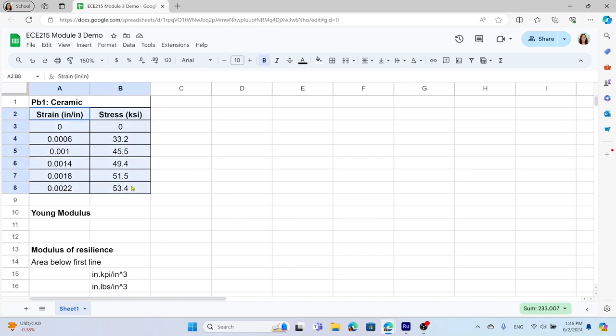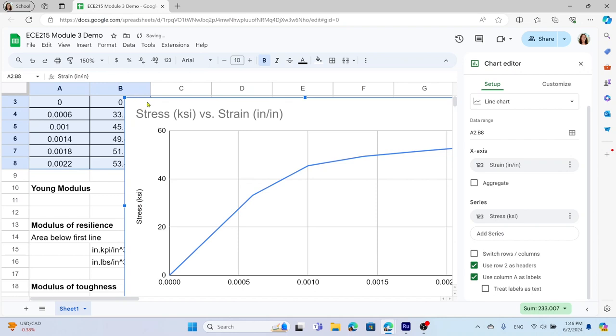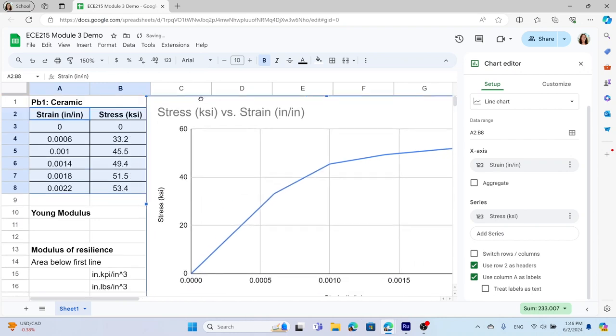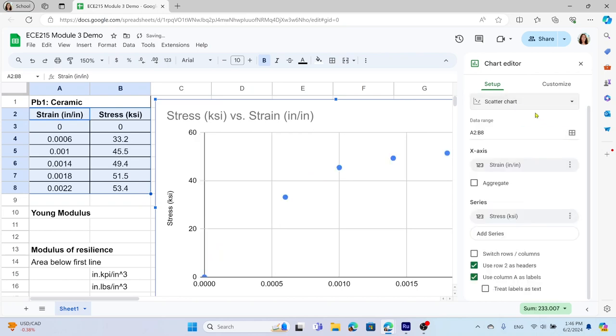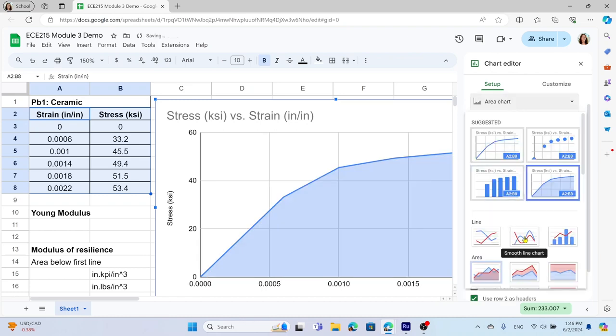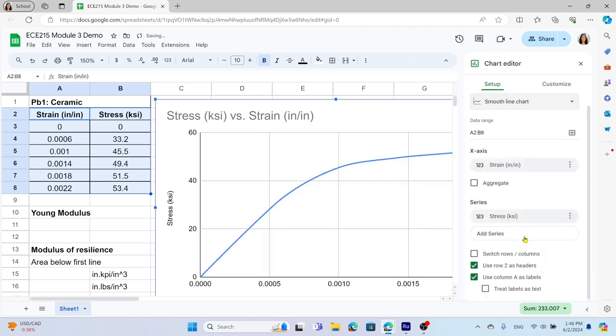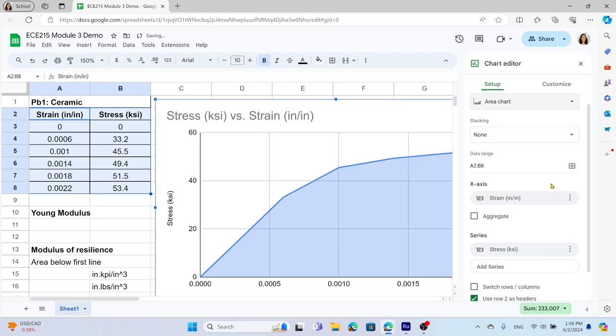We will select all our data, select also the two axis titles, and click on Insert, Chart, and we will get the chart. There are different options that we can use. On the right, you see line chart, scatter chart. The bar chart doesn't make sense. The area chart, or also the smooth line chart, where sometimes all the points have been smoothly linked together. For these problems, I will use the area chart